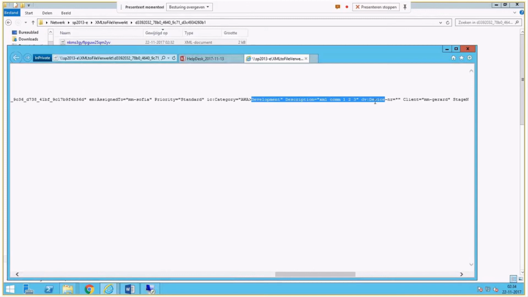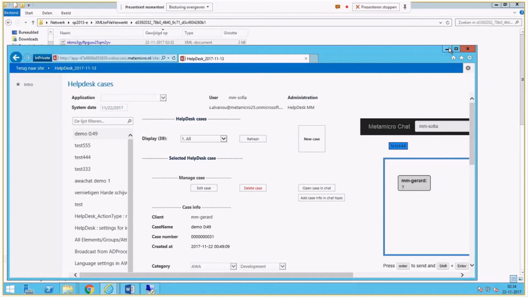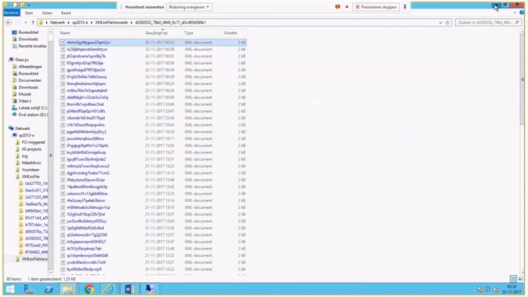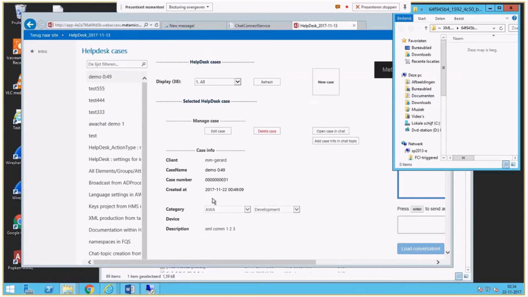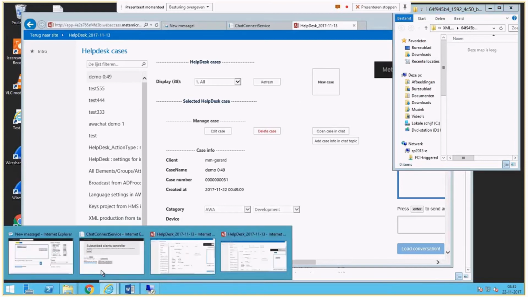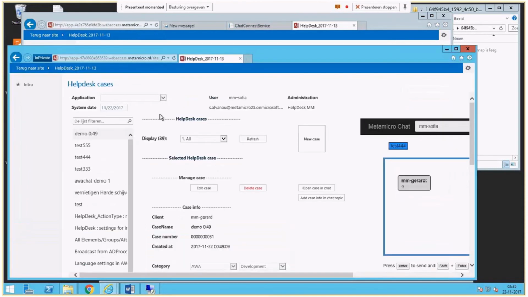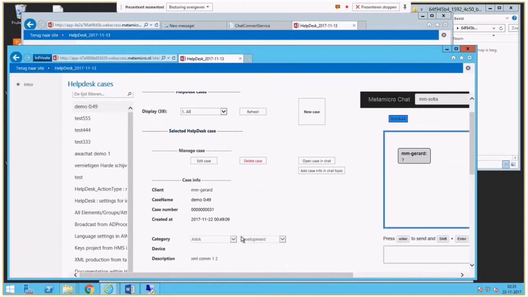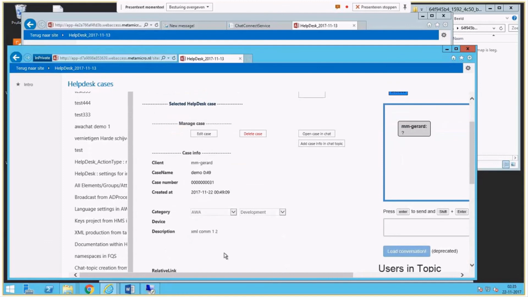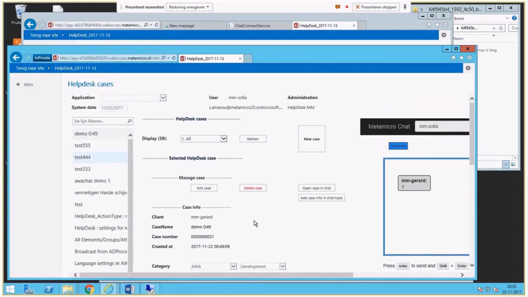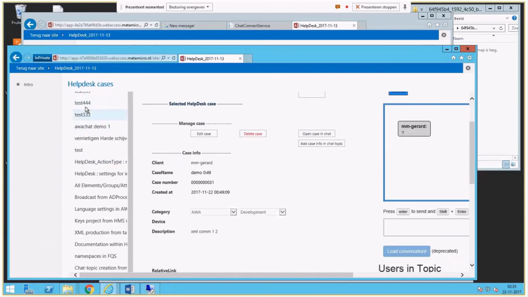So this description is in the message, and this message should now have been picked up by the other application. So I sent it from here probably. This one has a description XML com123, and the other AWA. It still shows XML com12, but if I now navigate to a different case,